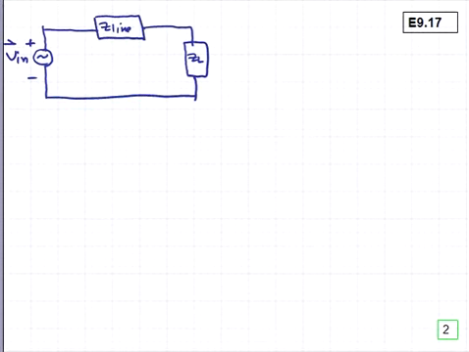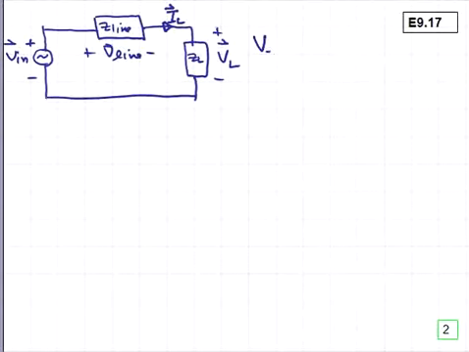The equivalent circuit for this problem is shown here. We have the load impedance connected to the input voltage source through the transmission line impedance. So we have V sub L at the load and a voltage drop along the transmission line, V line, and we have the load current, I sub L, flowing through the transmission line. The voltage drop along the transmission line, V sub line, is equal to the impedance of that transmission line times the load current flowing through it,